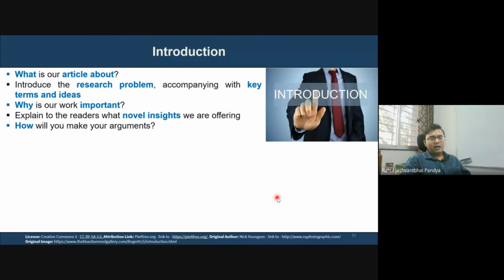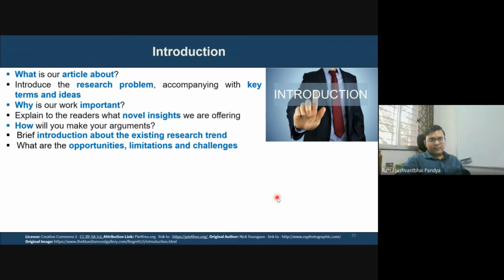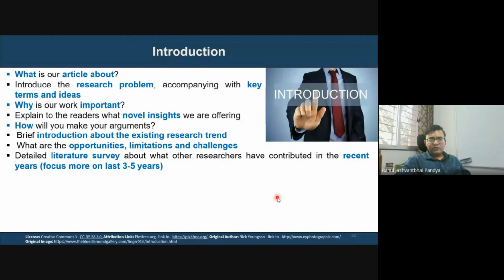And we have to pitch a story and build how we are going to make our arguments here. It should be a brief introduction about the existing research trend, what's going on in the market, or what's going on in a specific problem area. Then we have to address the opportunities, limitations, and any challenges. They have to be placed here. And then we place the detailed literature survey. So once the story is built up, and the opportunities, limitations and challenges are built up,